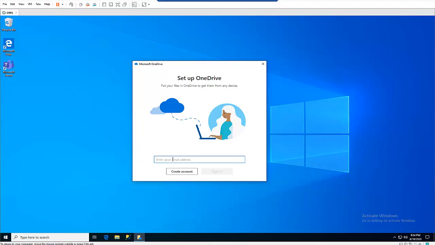and here you can see that OneDrive has not been configured on this computer. So what I need to do is put in my email address. Mind you, if you have, for example, a company account or a Hotmail account, you can still have access to OneDrive. But if you are using a Hotmail account, I think the limit of the OneDrive space you have is not that much, but if you are using a business account, you have more space, I think up to about 100 gigabytes of OneDrive space. So let me just put my email address here